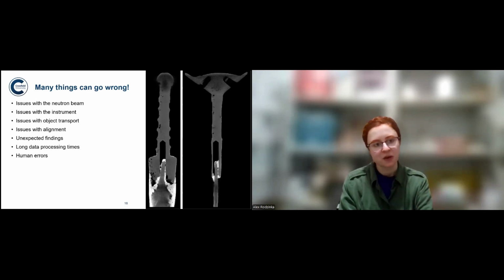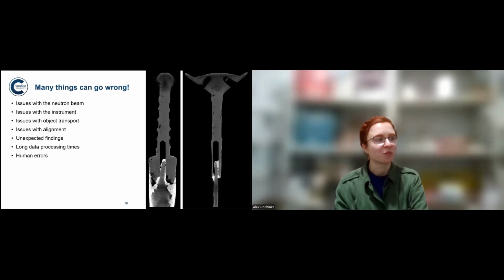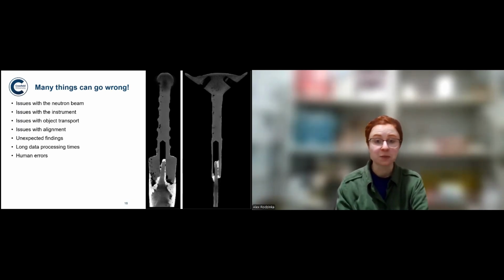Yeah, as I mentioned, though, you have to really be prepared for things like the neutron beam not being available. The last time I did analysis, everything worked perfectly, and it shouldn't be so surprising, but it was, because it's such a complicated facility. There's so many things that could be going wrong, and if even one of them goes wrong, you're just losing beam and using beam time, which hopefully